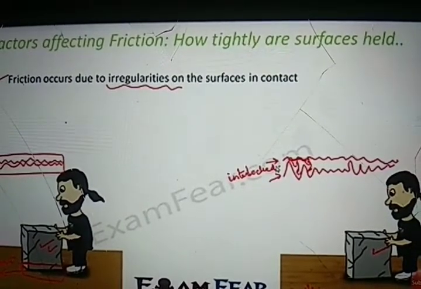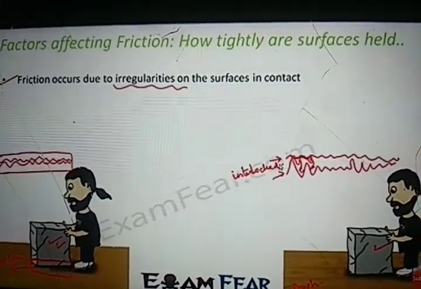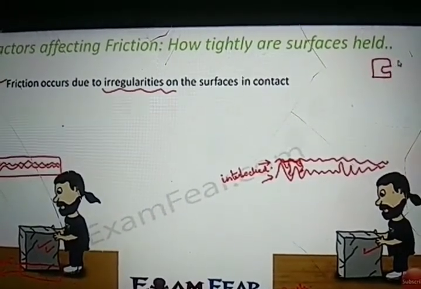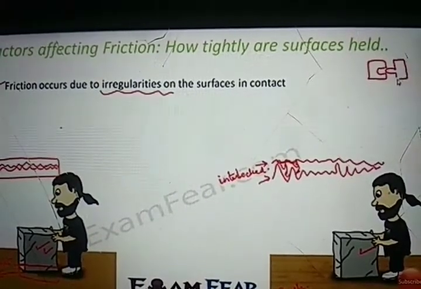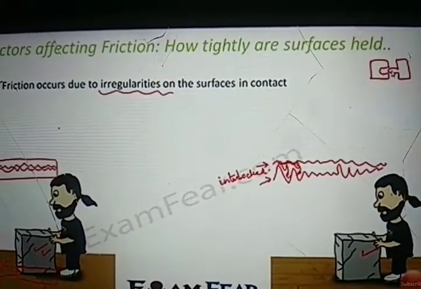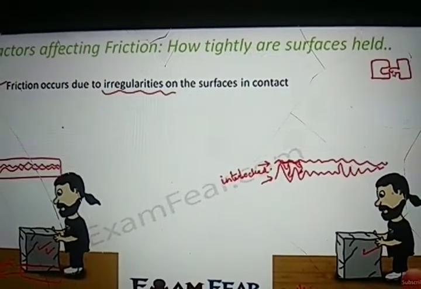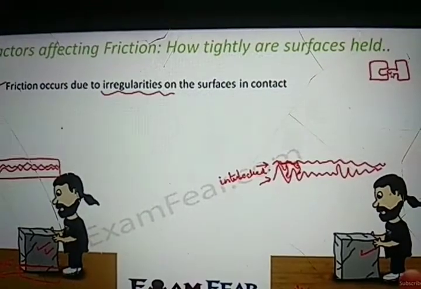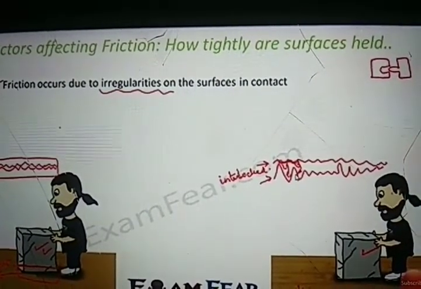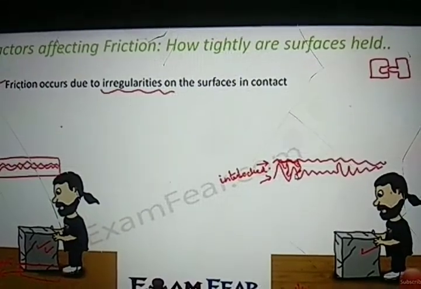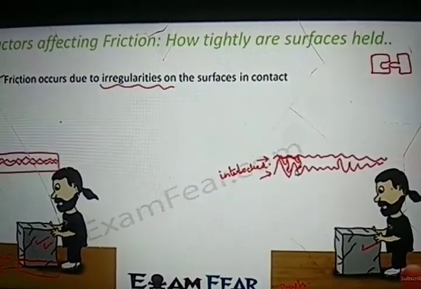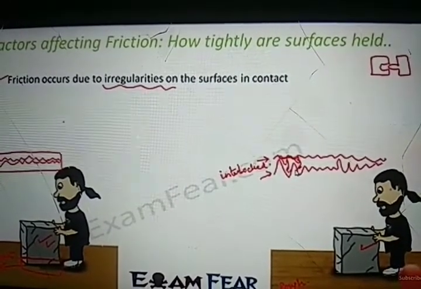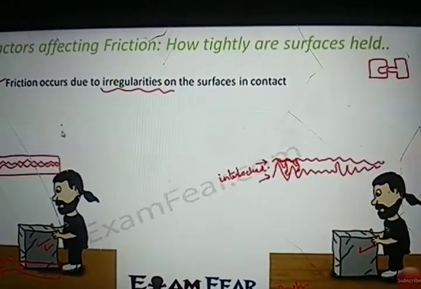It is something like this. You have two cubes and you fit them to each other, like the colored blocks you would have played with. If you have one box here and another box like this, and you fit these two boxes together, they get interlocked. If you want to remove them, you need to apply some force, right? In a very similar way, once these two surfaces get well interlocked, the friction increases. They are not very free to move away from each other, so if you want to move them away, you have to apply a greater force.